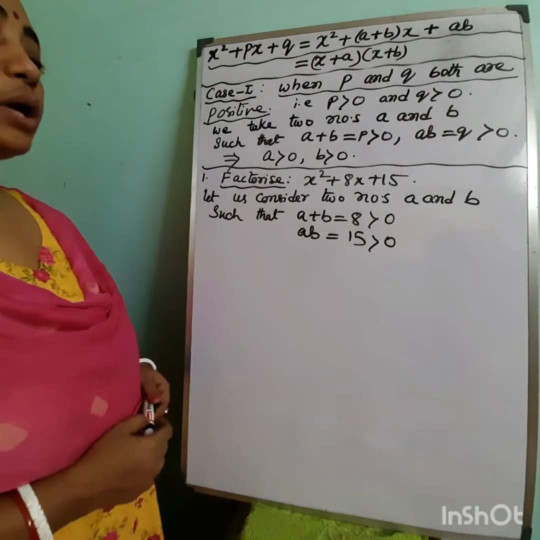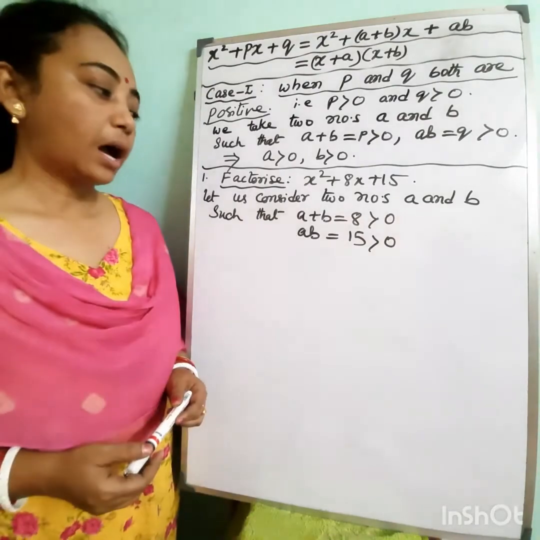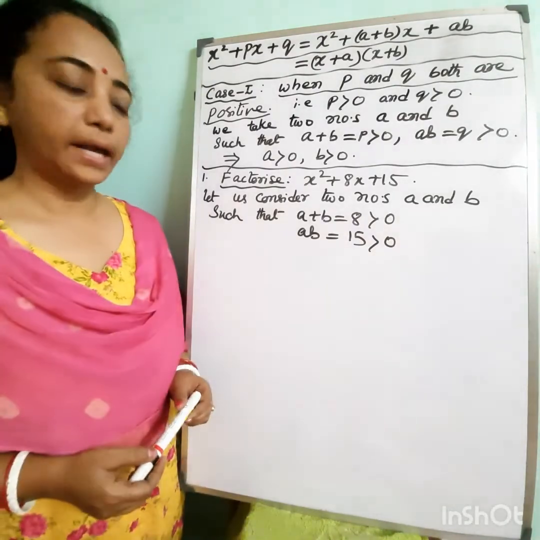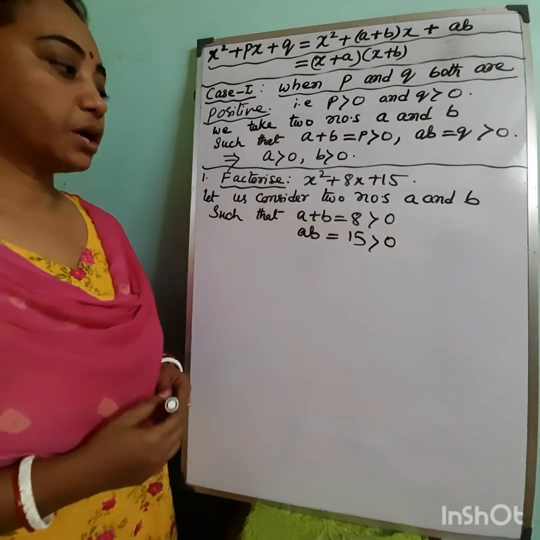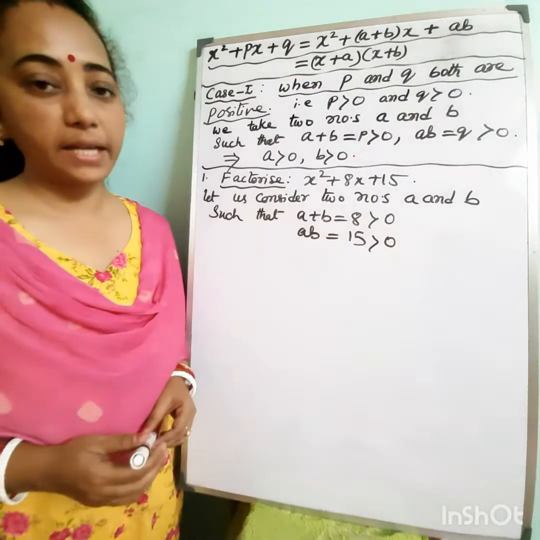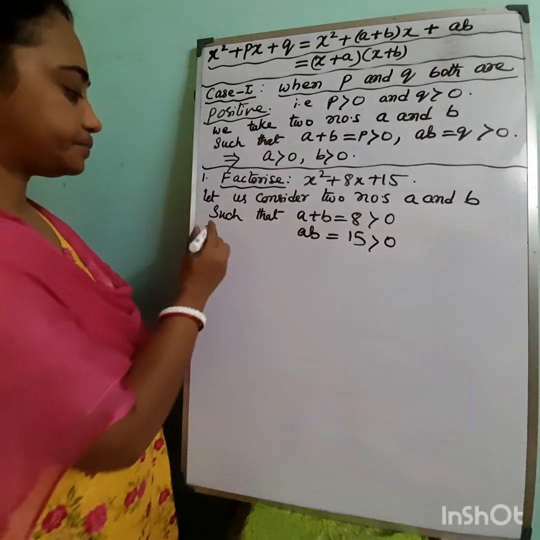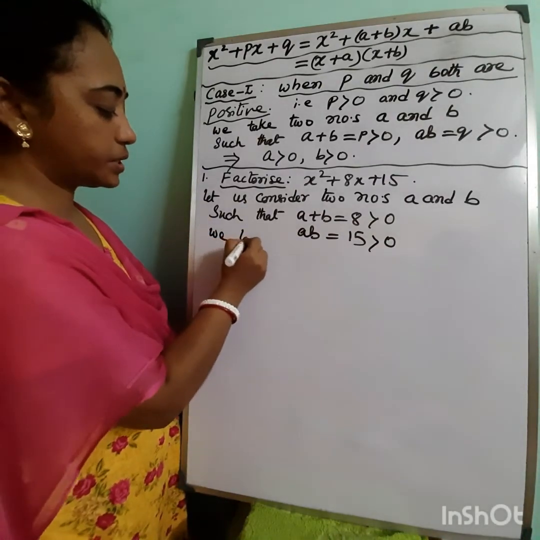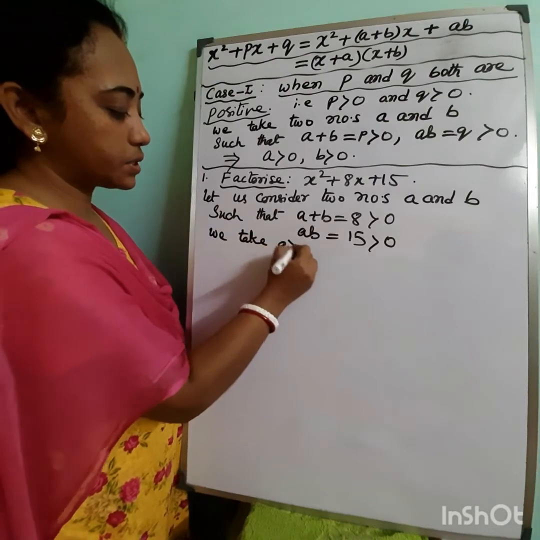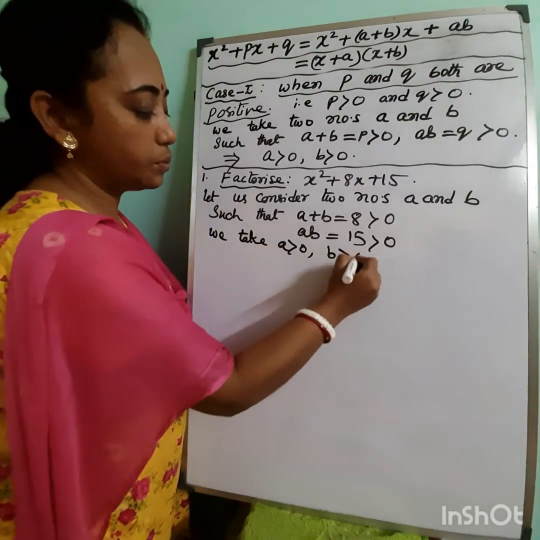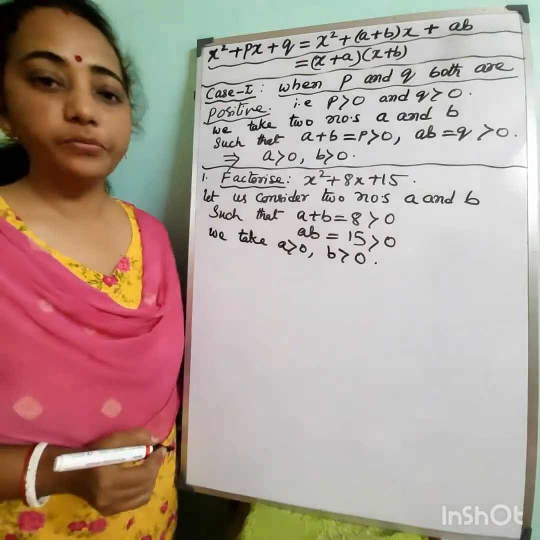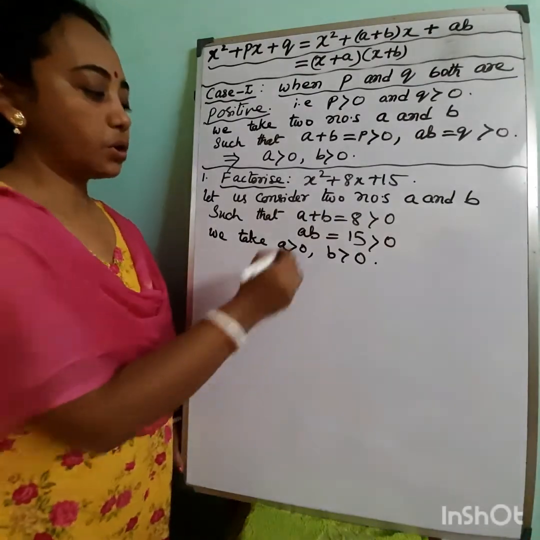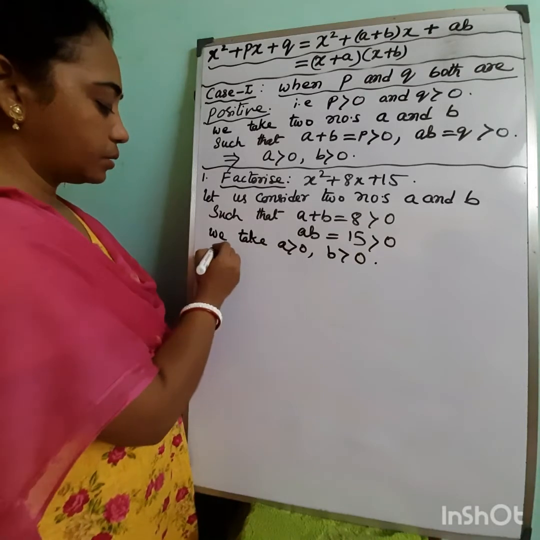So the product of two numbers is positive, that means either both of them are positive or both negative. But the sum of two negative numbers cannot be positive, so here we take both the numbers as positive. So a is positive and b is also positive. Now a and b are the factors of 15 because their product is 15. So the possible factors of 15 are